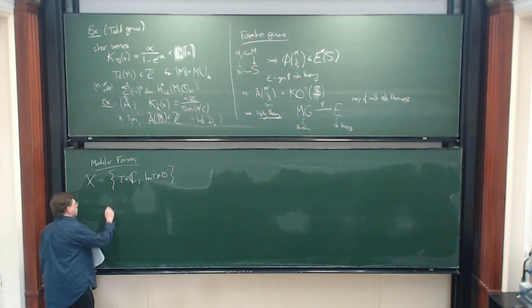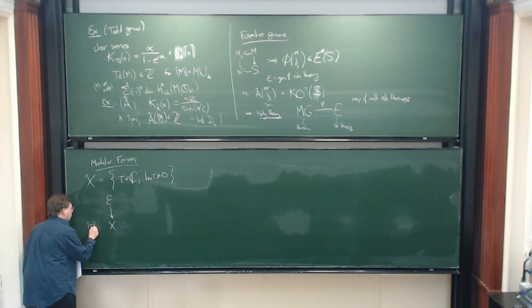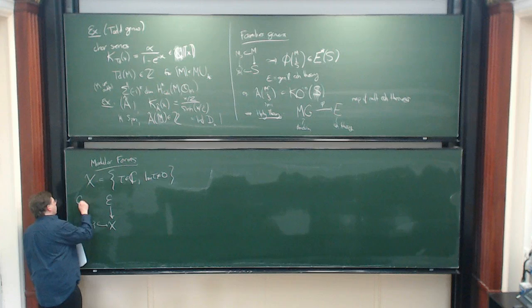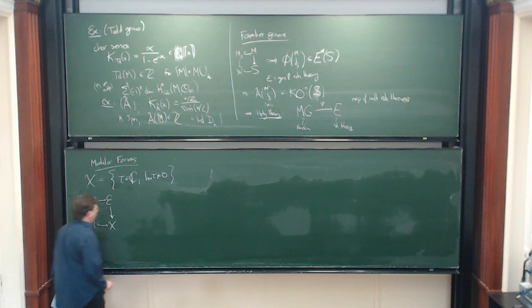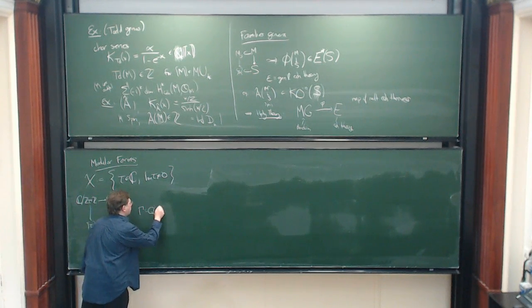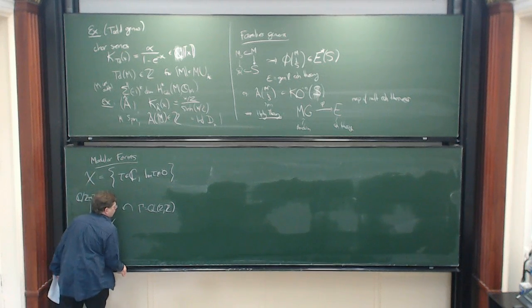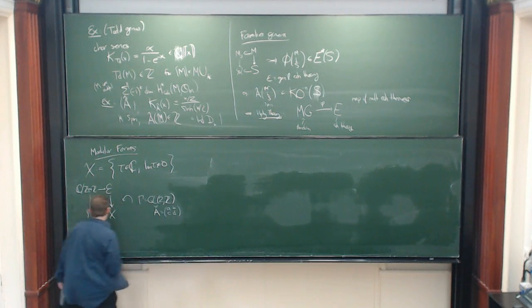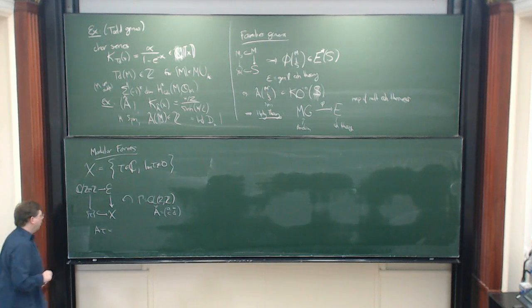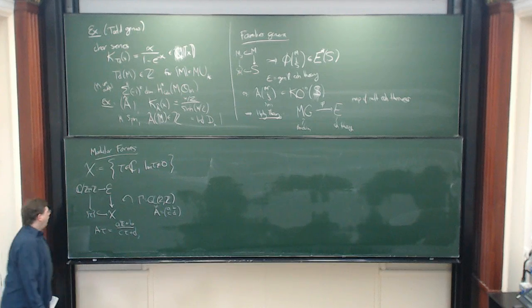Over this X, there's a bundle whose fibers are tori. So the fiber over tau is going to be the complex numbers divided by the lattice generated by 1 and tau. So we get this bundle. This bundle has an action by a group which is GL2Z. It's an equivariant bundle in the category of complex analytic manifolds. Here's the action. So if I have a matrix A in here, then A acts on X by fractional linear transformations. A acts on the fibers